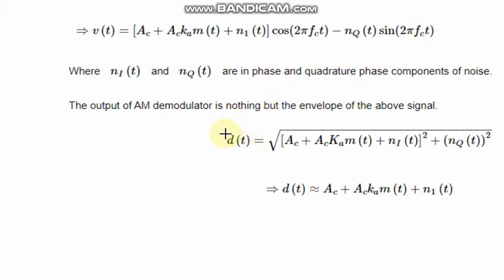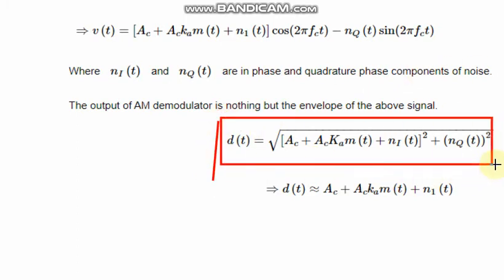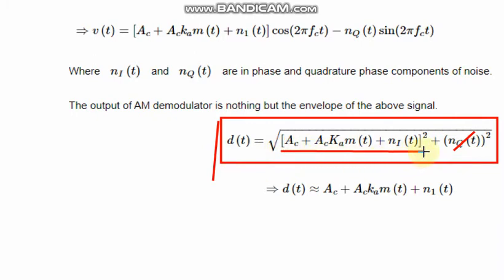In envelope detection, which is this one, let me show you. In envelope detection, we generally discard the quadrature term and receive only the in phase component terms, because you have remembered that when we do the demodulation of AM wave, only the envelope of the modulated wave is actually taken out. So here also the quadrature term is discarded and only the in phase component is taken out.